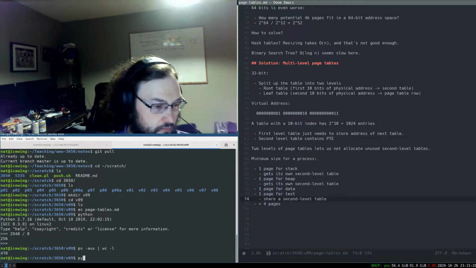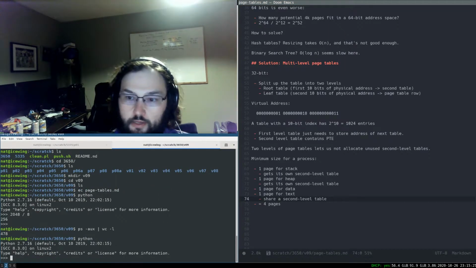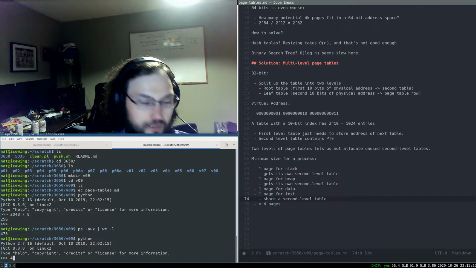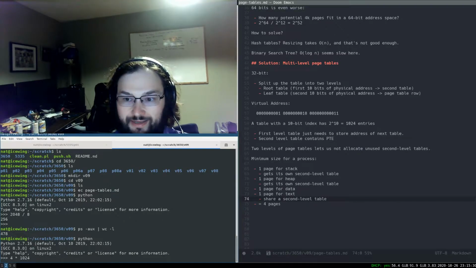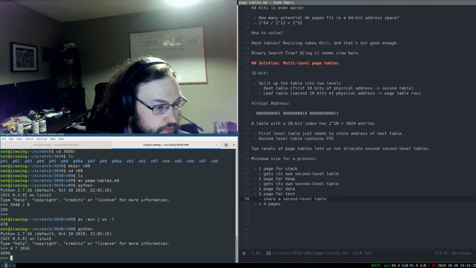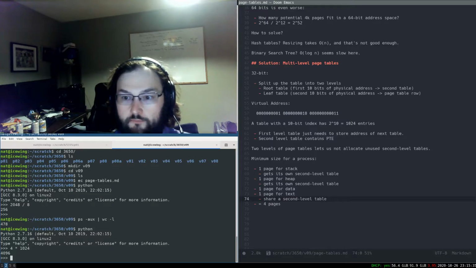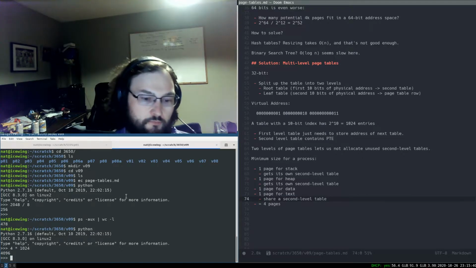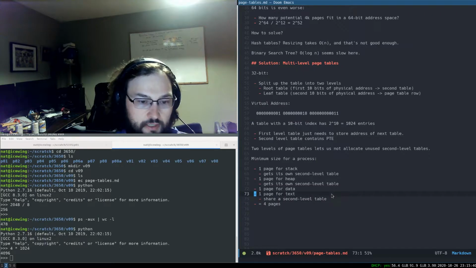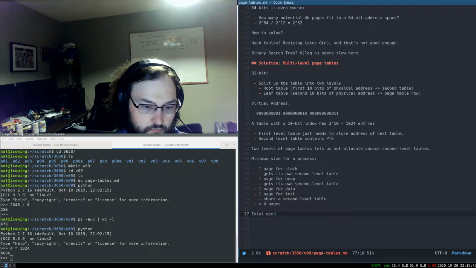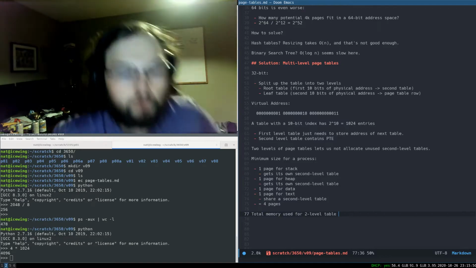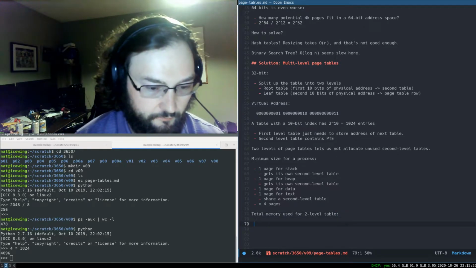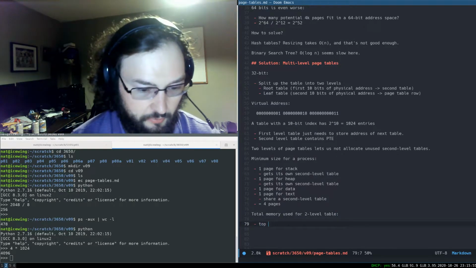because they can do that if our executable is smaller than 4k times 1024, which is the number of rows in a second level table. So if the data and text sections are smaller than 4 meg, we just need a single second level table. So for our 2-level page table, we need to have a top level table